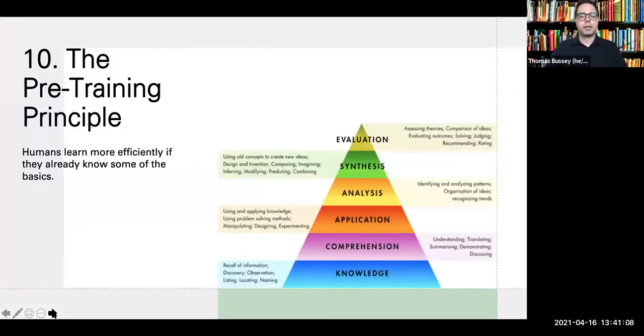Number 10, this is known as pre-training. Pre-training essentially sounds like teaching before teaching, which it sort of is, but we're going to change that a little bit and just talk about that in order for students to learn something efficiently and effectively, they need to have a coherent understanding of the basics that you are assuming. And most often people do assume that students understand things before they come into a classroom space. But very rarely do we actually ask students to demonstrate that